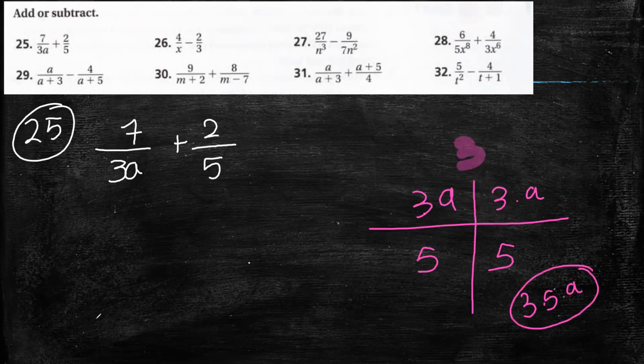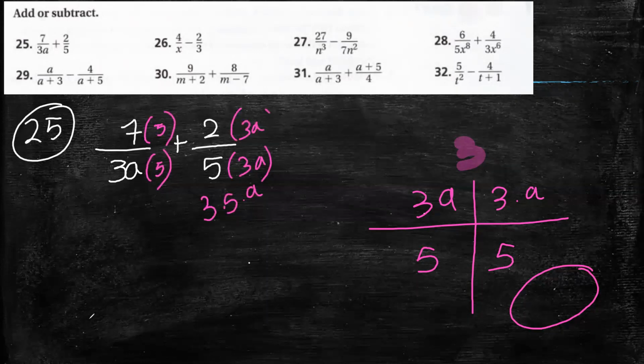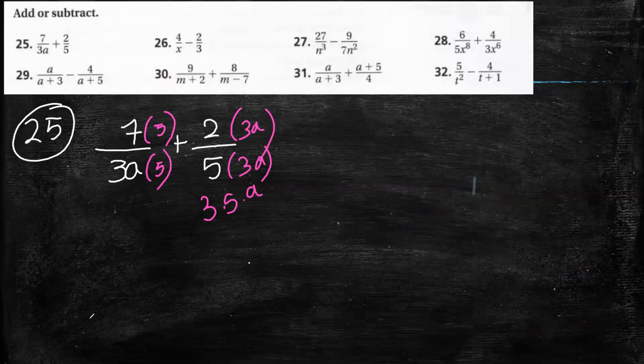Now after that, bring them here. What did you have? They told me I have 3 and a. So I gave her, okay, take 5. Go now to the second one. What did you have? She told me I have 5. Okay, so I told her take 3 and a. Then after that, now multiply them. 7